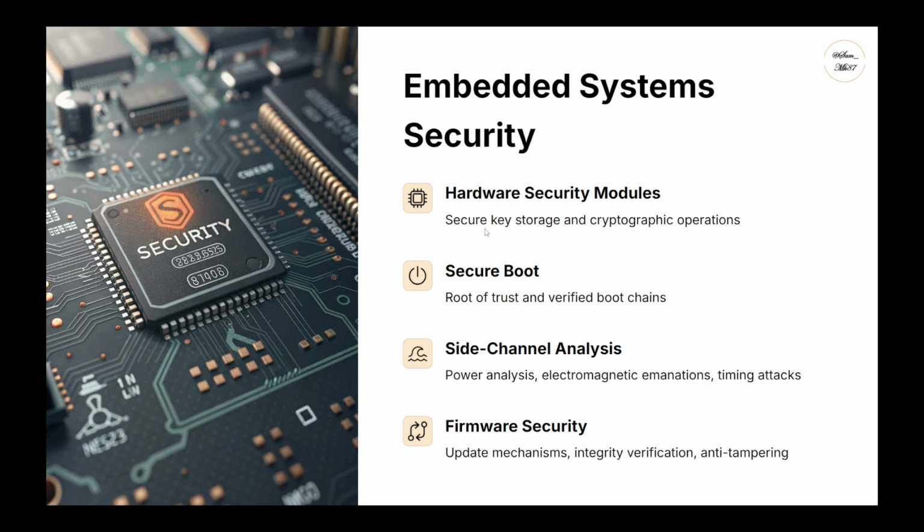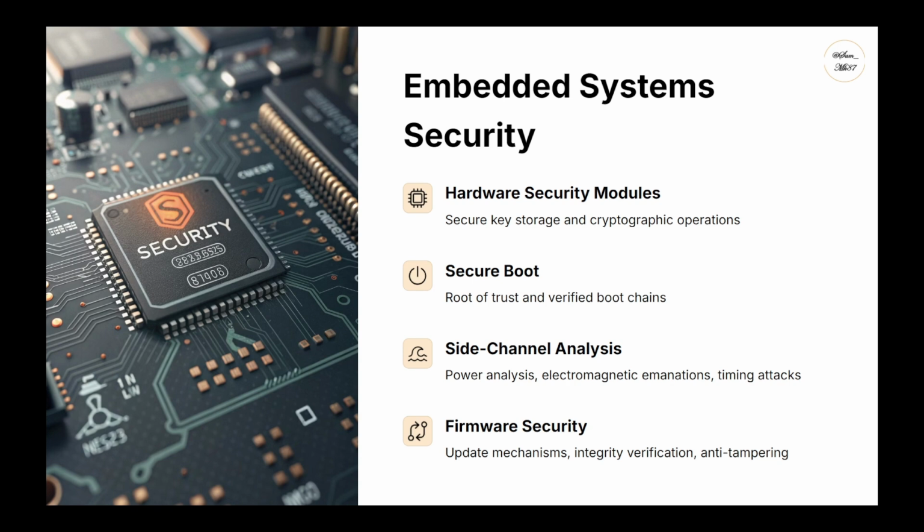In terms of embedded systems, we also have a lot of vulnerabilities and issues there. A key component of these systems is the hardware security module, or HSM, which is a dedicated device designed for secure key storage and cryptographic operations. Secure boot establishes a root of trust by verifying that each stage of the system startup process is cryptographically signed